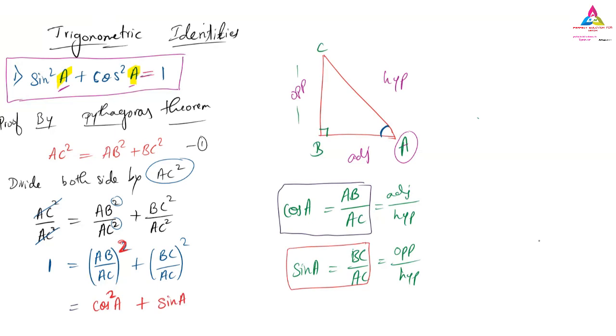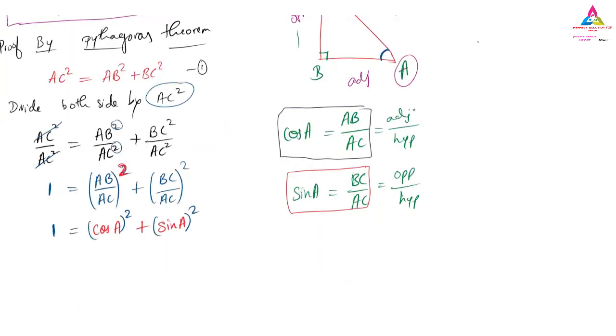So if you are getting confused here, no problem. I will write it one step extra. It will not be problematic for me. So here whole square, here also I will write down the whole square. That is equals to 1. So I will take a little bit down. And here what I will do is, this 1, let it be as it is. This can be written as cos square A, and this one can be written as sin square A.